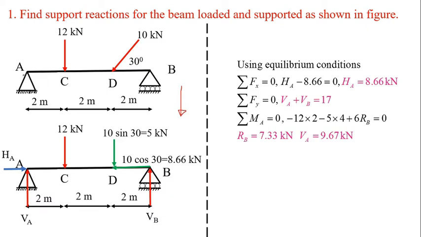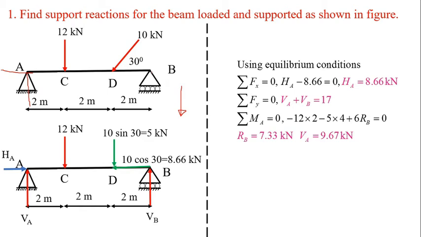Okay. So, to draw the free body diagram of beam AB, let us remove the hinge at A. We know a hinge support offers two reactions, one horizontal and one vertical. So, remove the hinge and apply two reactions HA and VA. Since we have no idea about the directions of HA and VA, I will assume that VA is acting in the upward direction, HA is acting to the right. Okay. So, this is support A after removing the hinge.